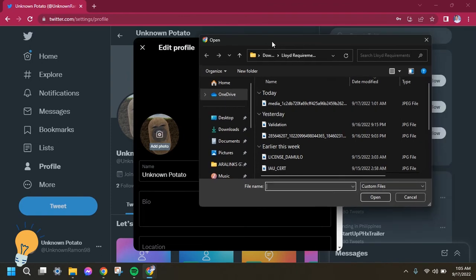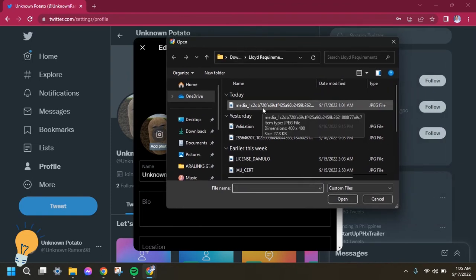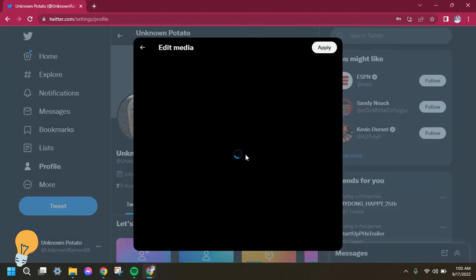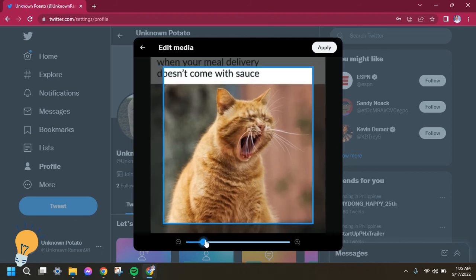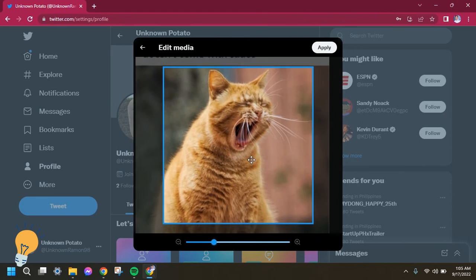On this part, you need now to select that specific photo that you want to be on your profile picture. So let's try to use this one and then click open right after. Now it will load and it will allow you to modify if you want it to be more zoom in,